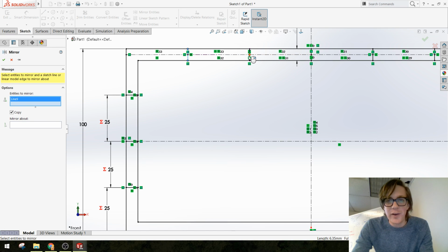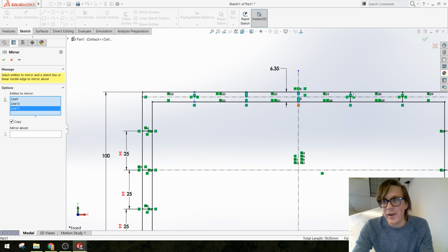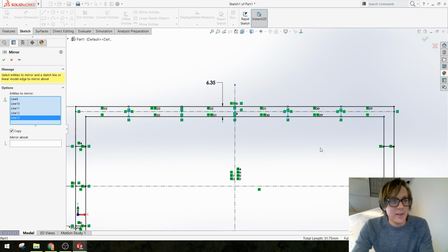So it's funny because if you look at the part that I was just showing you, I didn't actually do it this way, and now that I'm building it a second time, I'm like, oh yeah, this would be even faster. So I